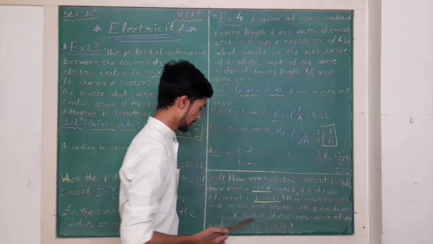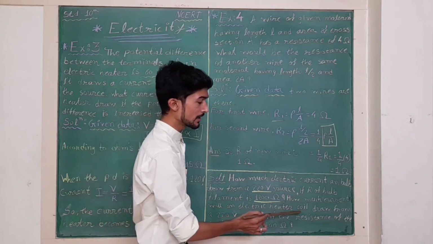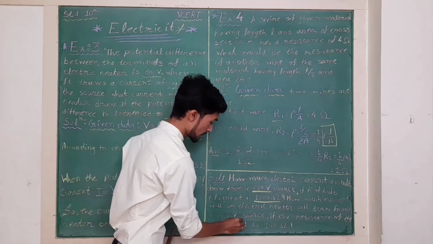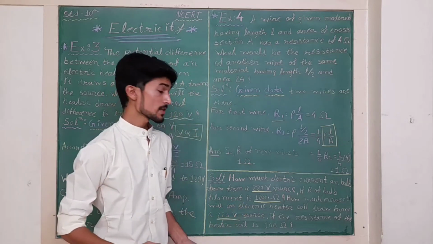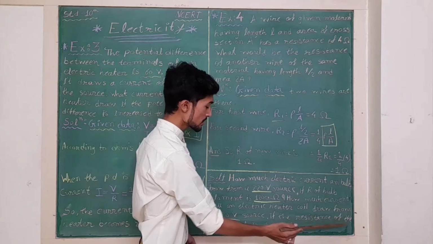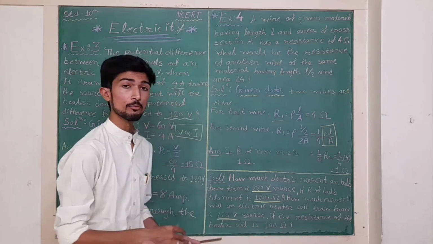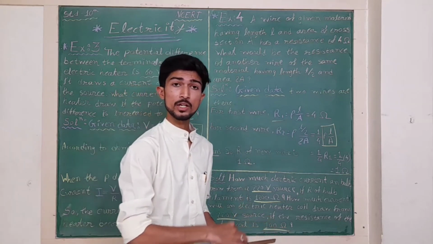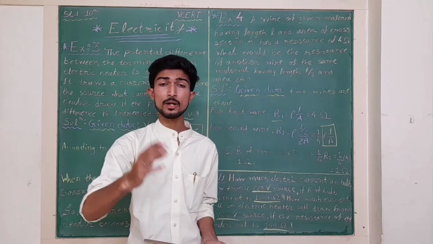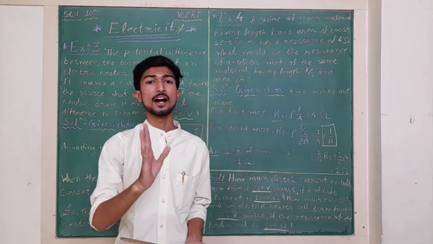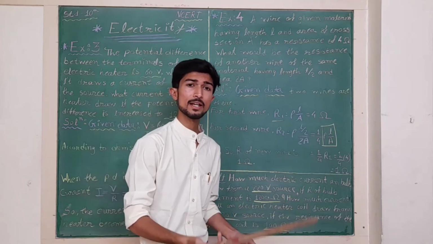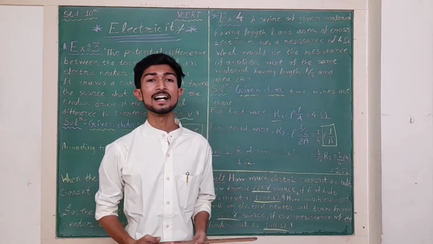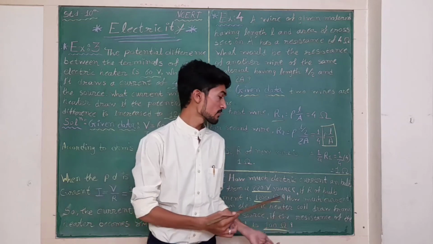How much current will an electric heater coil draw from 220 volt? Again 220 volt means it is a potential difference. Very good. If the resistance of the heater coil is 100 ohm, again ohm means it is the resistance. You have V and you have R. You have V1 and R1, you have V2 and R2. You can get I1 and I2. It's too easy. You have to apply the same formula 2 times with different values. You will get the answer. Put the value, get the answer. That type of sum it is.